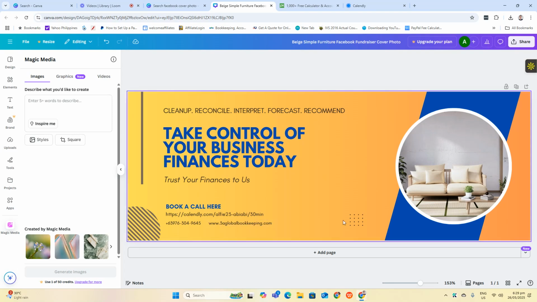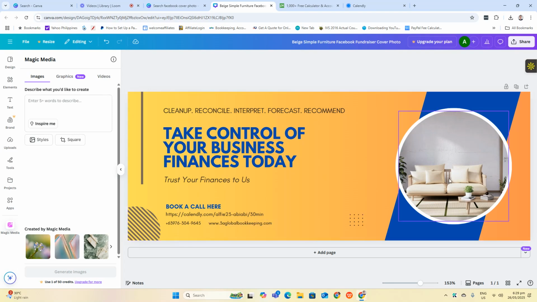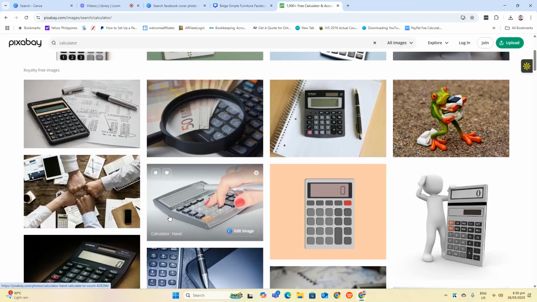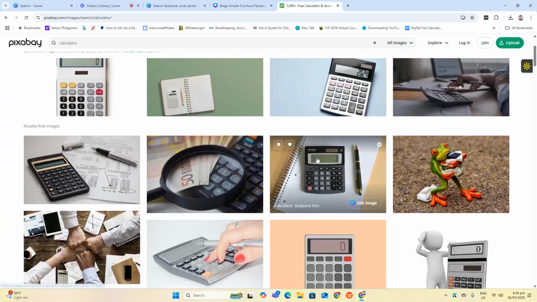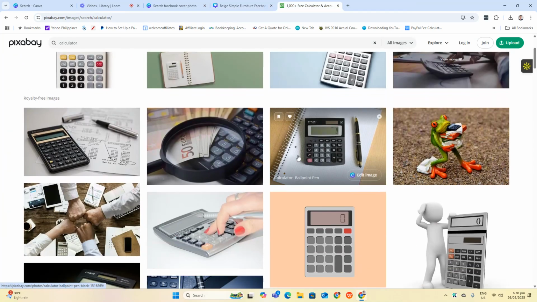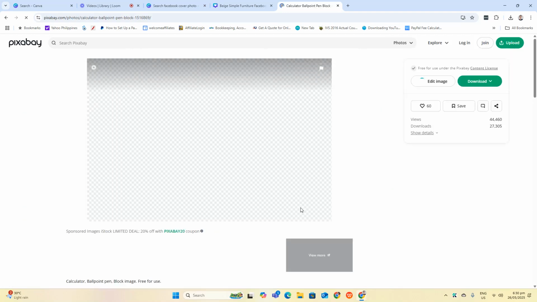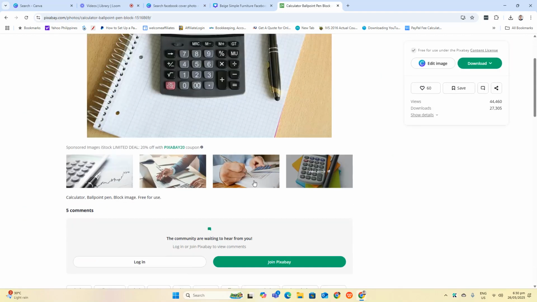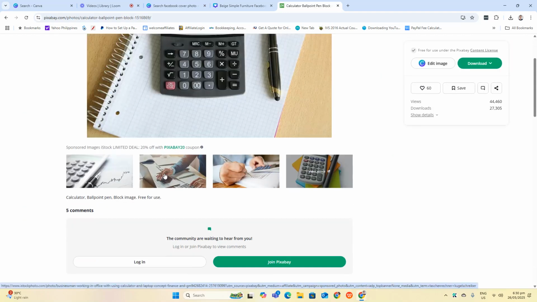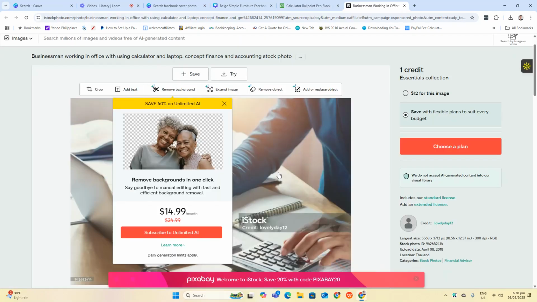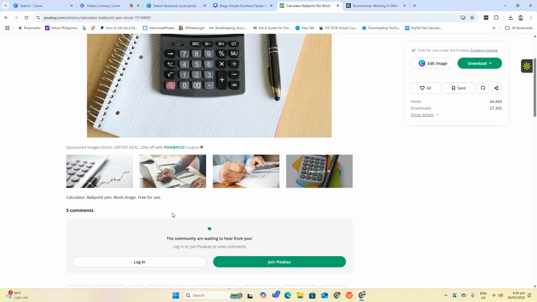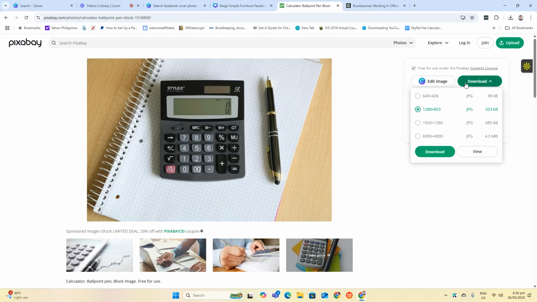And then you can change the photo here. So let's see. You can use this photo. Okay, so other photos. Let's try this one. Oops, so this is paid. So I'm gonna download.